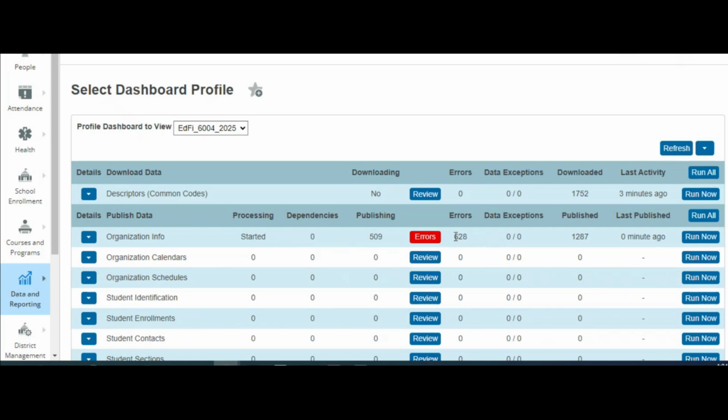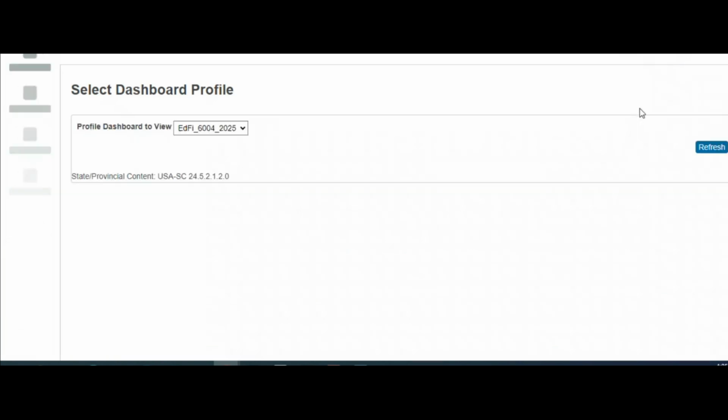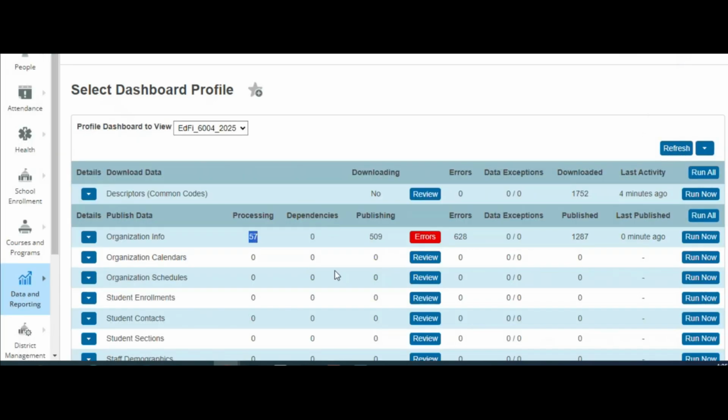These might just be errors that sometimes crop up with that initial data push when we're publishing everything for the first time. And then we have a number in the published category. So right now my processing column has a number in it. So there's some change there. Great, my processing column has gone back to 0. My published number has stopped incrementing, and I do have some errors, but here's what we're going to do before we even really look at these, because we know that it's possible to have some errors that are kind of bogus right here at the first publish.